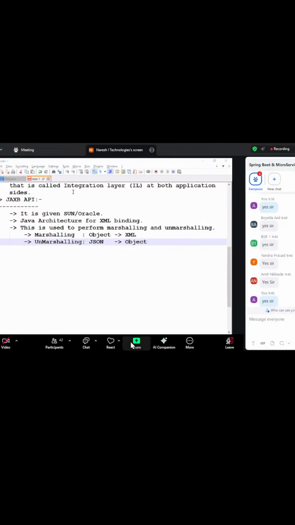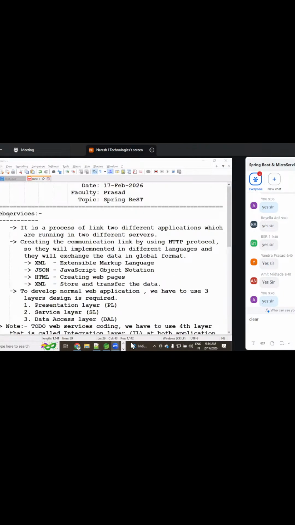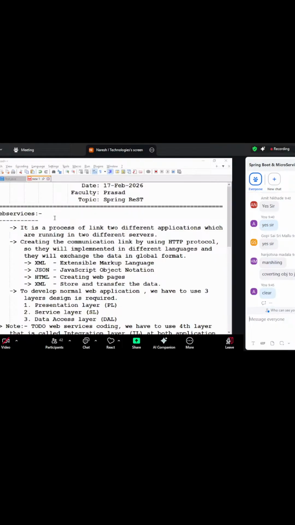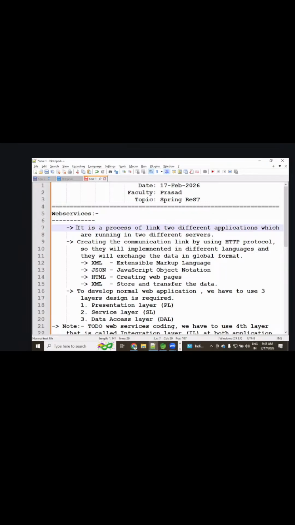I repeat once again for the late joiners. Web services: there are two different applications, both running on different servers.